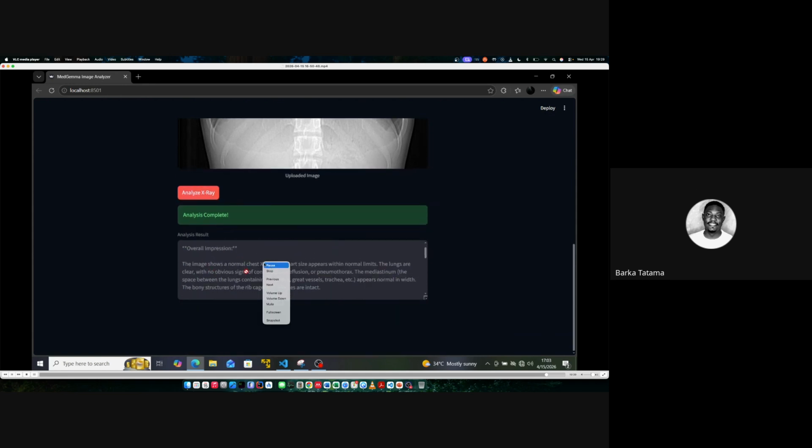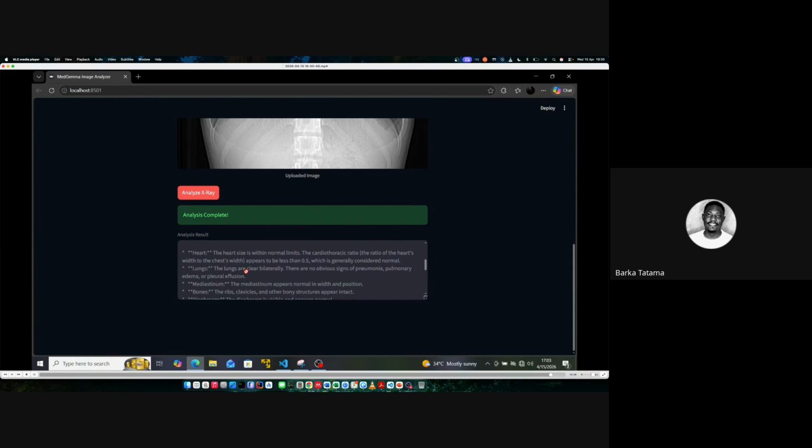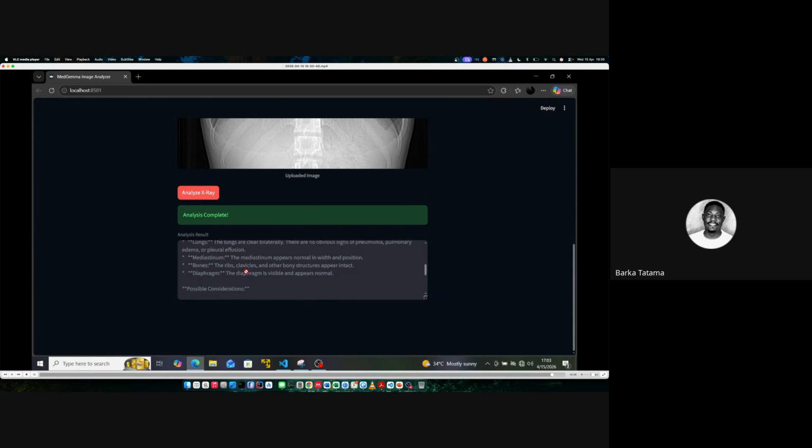So analysis is complete. Based on the evidence, the image shows a normal chest X-ray. Heart size appears normal within limits. The lungs are clear with no obvious signs of consolidation, effusion, and pneumothorax, right? So we have all this information. Now,